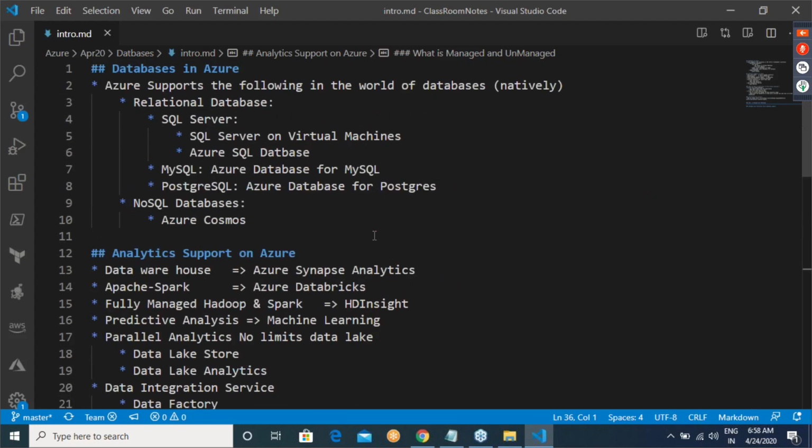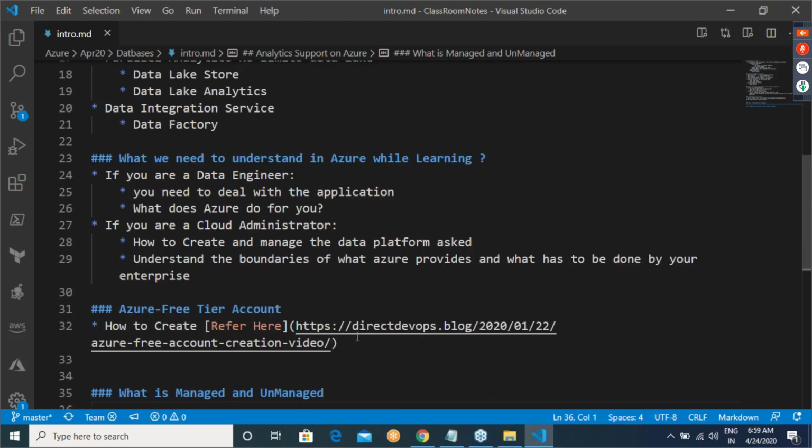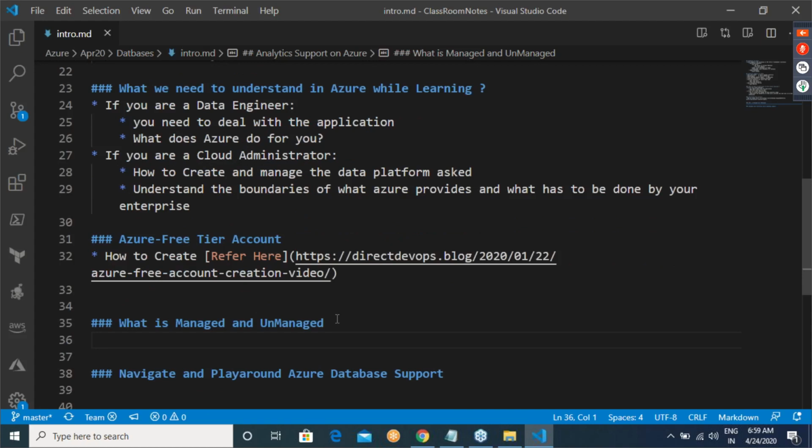In Azure, when you think of data, we have some databases and we have some analytics. And as I said, these are natively supported or managed by Azure. And there is something which is unmanaged. What is managed and what is unmanaged?